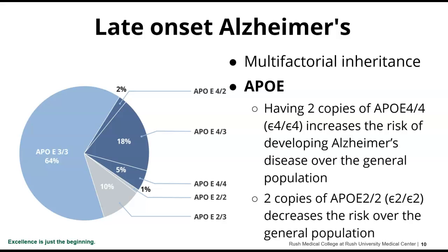But that's looking at patients with Alzheimer's. When you have to flip back to the general population, this is when you get yourself into trouble, and why using this for clinical is kind of difficult. So the vast majority of the population has 2 ApoE3s. Okay, so 2 ApoE4s, as I said, can put you at increased risk to develop Alzheimer's over the general population,